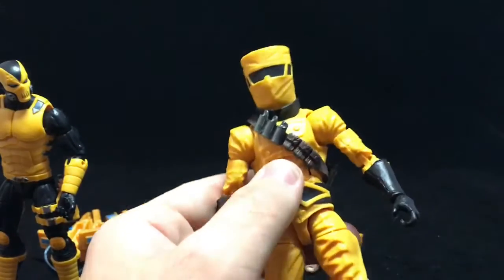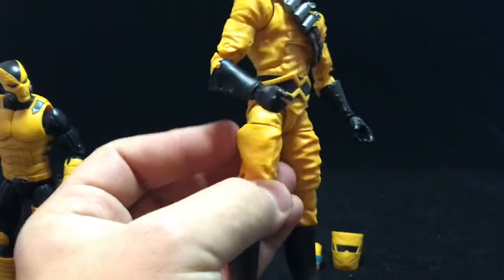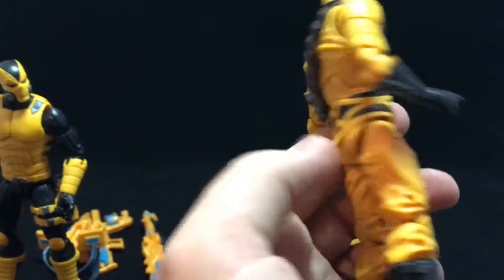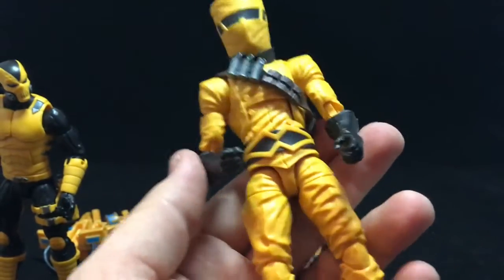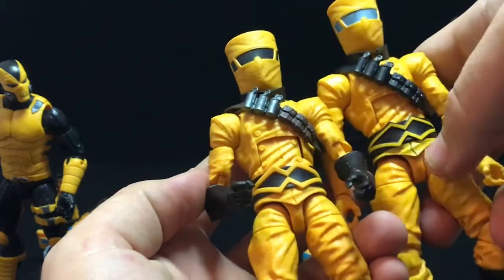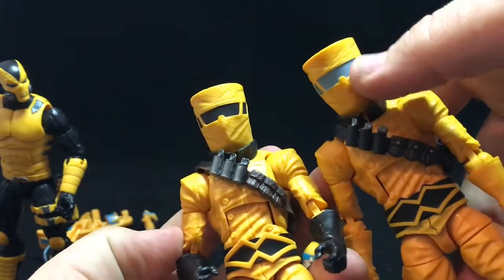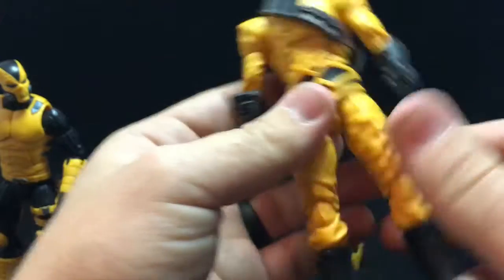So taking a closer look individually, with the Beekeeper here, not a whole lot of surprises. It looks really good paint wise. This time they did the gloves in black, which I think looks really good. I've actually got the old one here sitting next to it. We'll have a comparison picture at the end, but really the only differences are the bandolier is brown and the gloves are black, and the Beekeeper eyes are black instead of silver. Continue on the back, get a little number on the back of the leg there, which I'm not crazy about, but